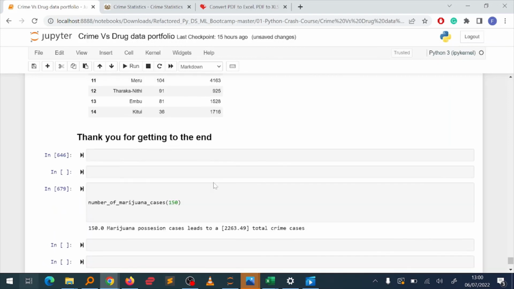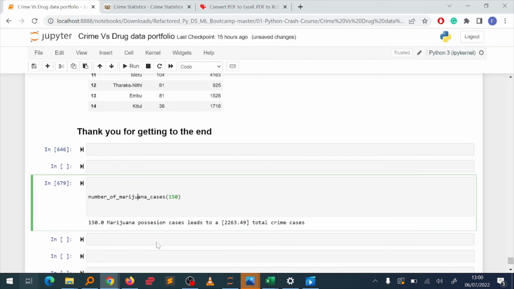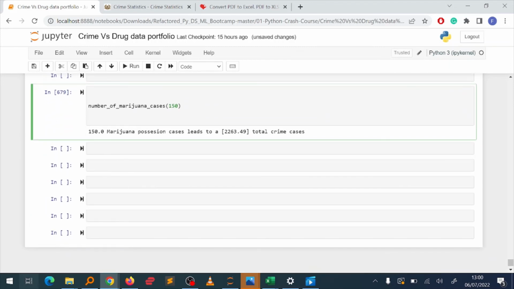Thank you for getting to the end. This that is passed here was just used for explaining the beginning of the video. We don't have to have all this. We can just have this, and then we can see our prediction here. Let's say 200. You can see marijuana possession cases leads to 2614 total crime cases,